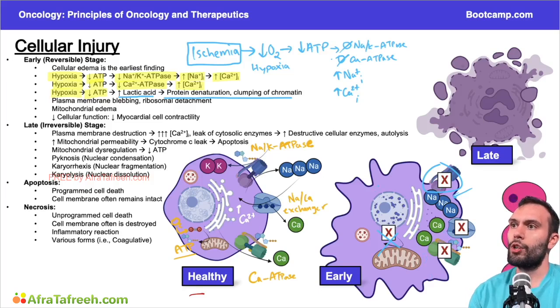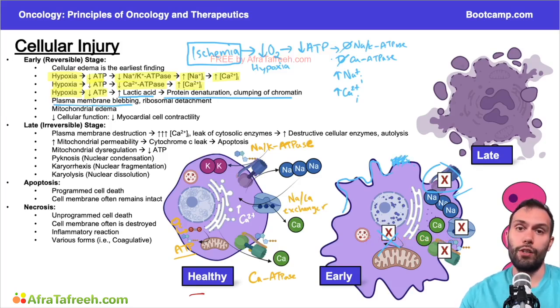Okay, so what you start to get is this irregular shape to the cell. Okay, and we call this plasma membrane blebbing. Essentially, what's happening is a lot of the phospholipids that are sitting in the membrane here are going to start to get destroyed. And this is largely due to the disruption of this gradient that we had, right? This electrochemical gradient is getting disrupted. We're getting damage to the phospholipids. We also have high levels of calcium intracellularly. That's leading to the activation of a lot of these different endonucleases and lysozymes, right? And so these cells will start to get some destruction, and eventually we'll start to leak our cytosolic enzymes out